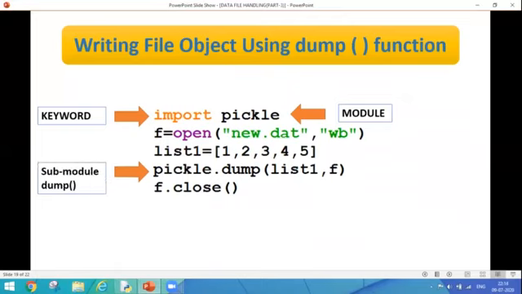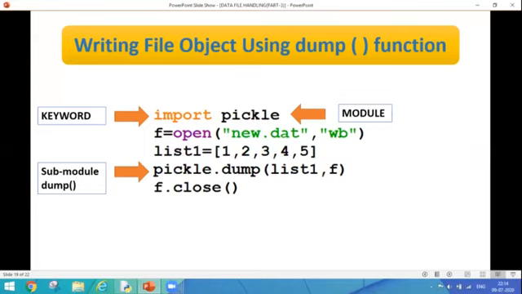Next, what are we doing? F is equal to open new.dat, and we are opening this file in write mode, wb, which stands for writing into a binary file. In the third statement, I have created one list having 5 elements. And in the fourth, I'm going to write this list permanently into my file.